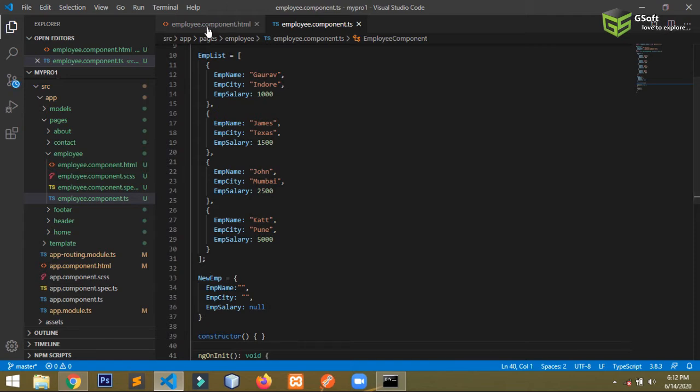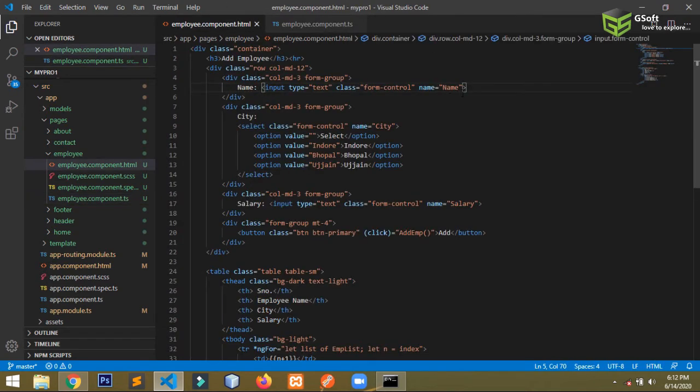Now what I will do here is I have to use ngModel. So how do we use ngModel in this? You have to create a square bracket here, then a parenthesis, and inside it you have to write ngModel, and then the name of the model. So what is the name of the model here? Name of the model is newEmp.employeeName.